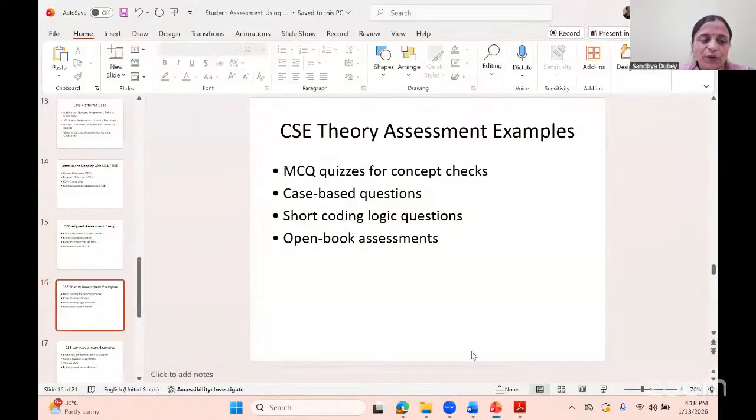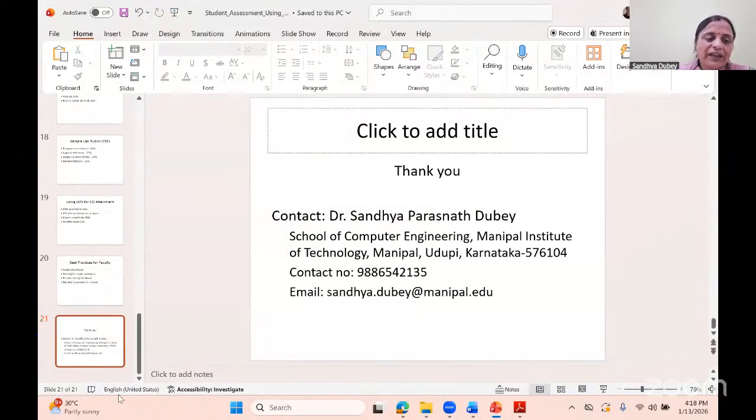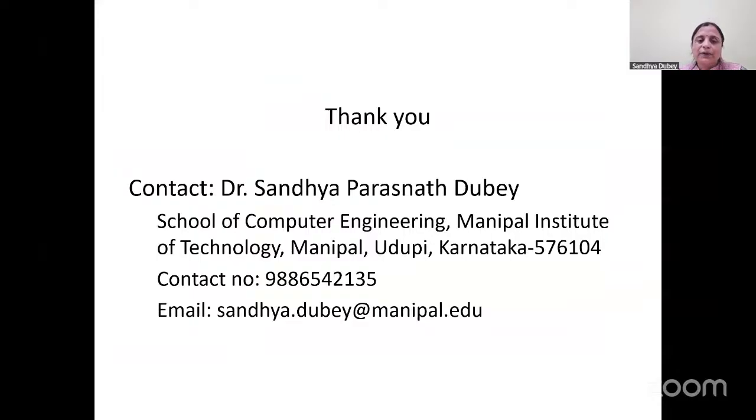Even if somebody wants to do research or collaborate, we can meet or have an online discussion. This is my mail ID and contact number. I am displaying my contact information. In case of any help, or any way we can collaborate and do some good research, I'm happy to collaborate and write for funding.